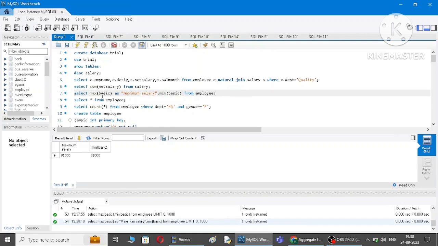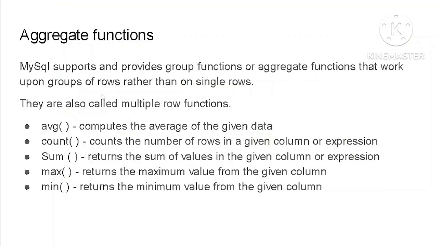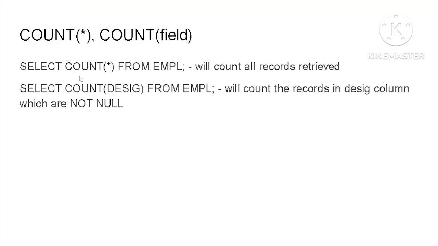What are the 5 aggregate functions? Sum, average, count, max, min. Only in count you have 2 different values to be used. You can say count of star or count of a particular field name. Select count of star from EMPL will count all the records retrieved. Select count of desig, that is designation, from EMPL, will count the records in the designation column which are not